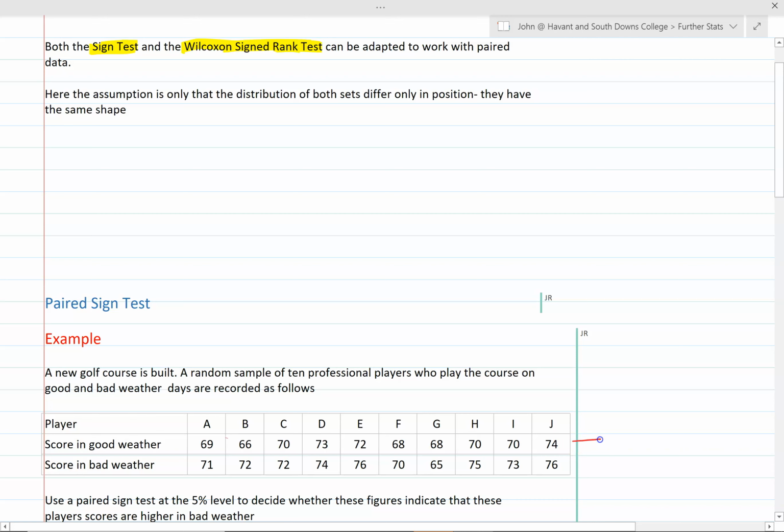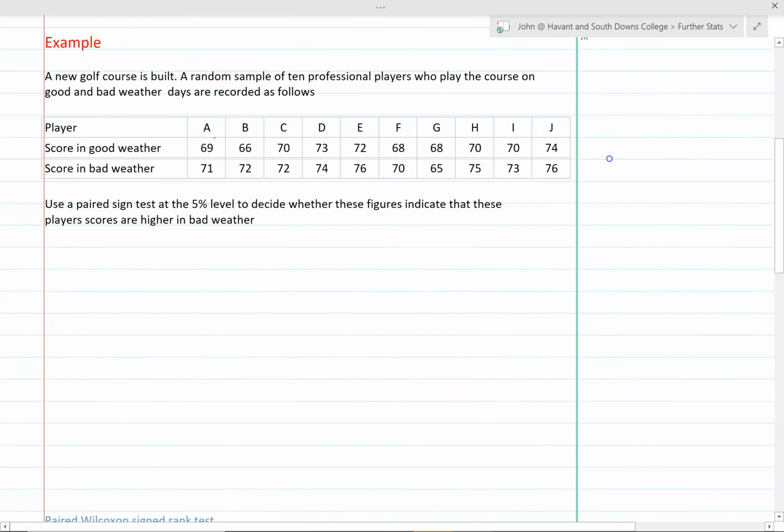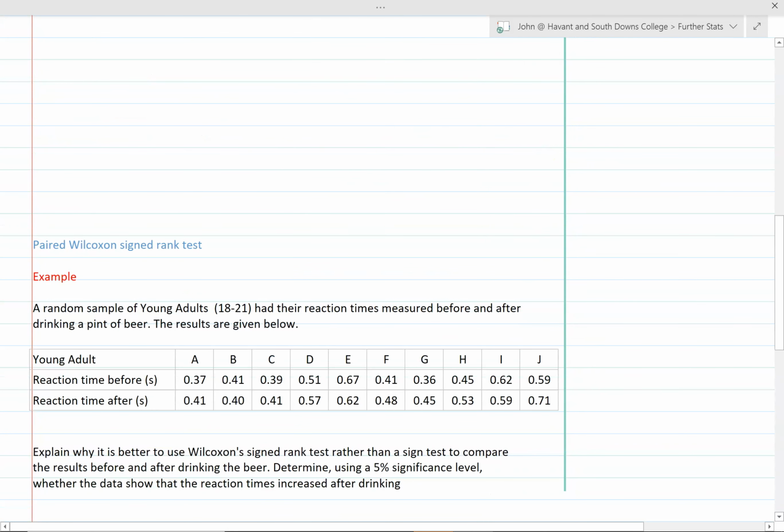If we were to do the other kinds of tests, looking at the differences without considering the pairs, we would definitely lose information that might mean that we miss something. And similarly, I've got another example here: reaction times. A bit of a dodgy question, taken from an old textbook where it was probably considered okay to talk about people drinking beer in a college textbook example. Drink responsibly, folks, if you're over 18. Anyway,